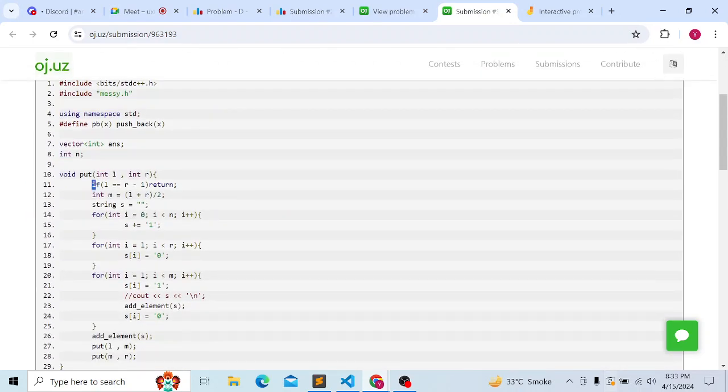So initially, r is nothing but, I've not included r in my range. So if r is l plus 1, so basically this is a single element, so you can't actually divide this into two, so you don't have to put anything. Else you have the division,